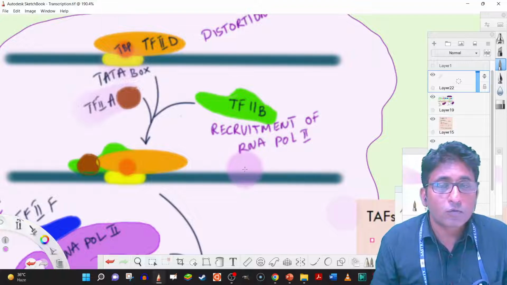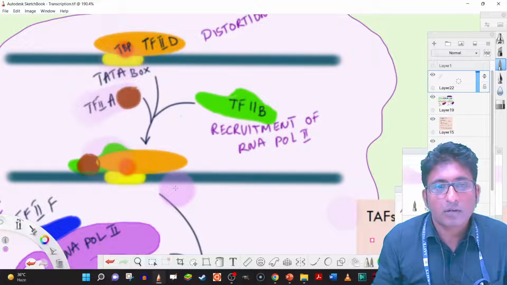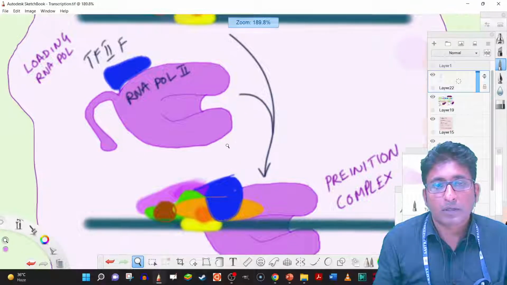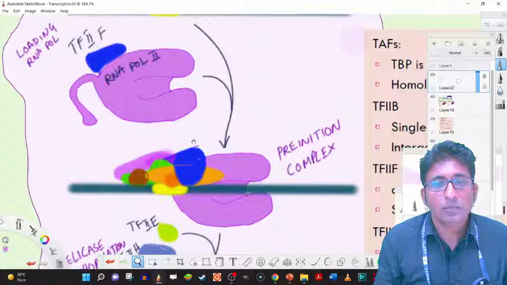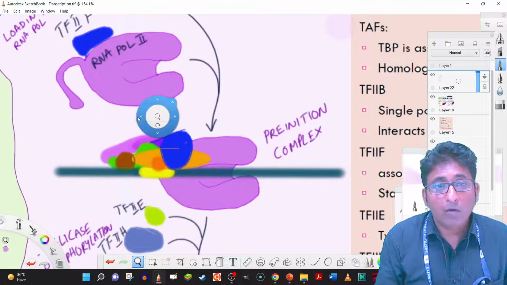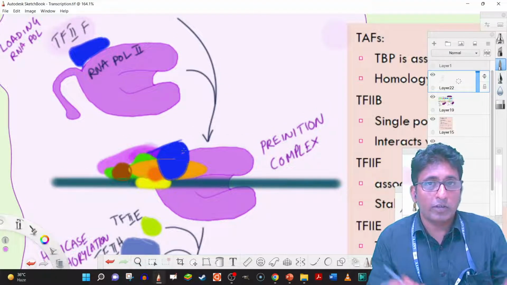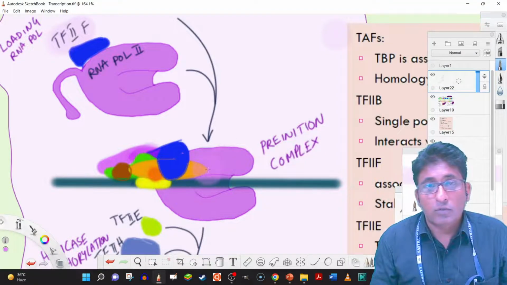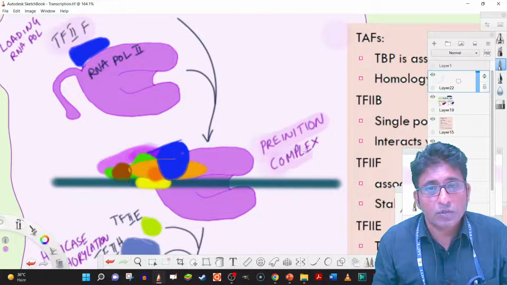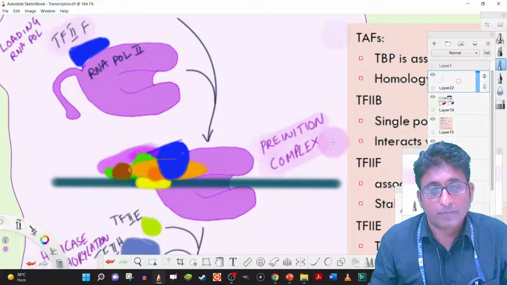The function of TFIIB is to recruit RNA polymerase. So once these factors are bound here, the next step is to bring RNA polymerase 2 to the promoter. Because of TFIIB, RNA polymerase comes in along with TFIIF. TFIIF is important for loading of RNA polymerase to the promoter. And once RNA polymerase is bound, we call that the pre-initiation complex. It is because RNA polymerase is not yet ready to transcribe. It needs further